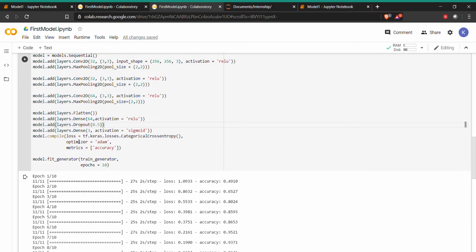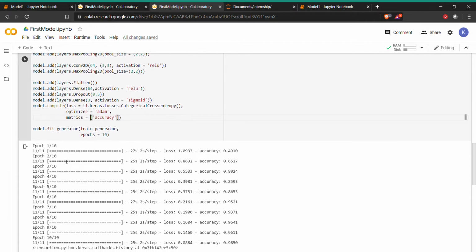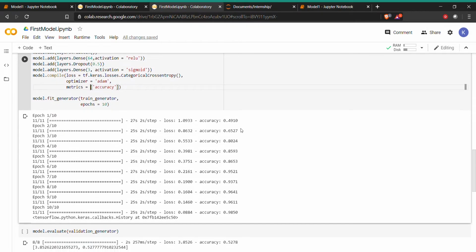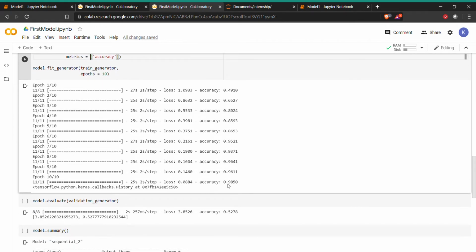The loss function I'm using is categorical cross-entropy, the regular loss for categories, the optimizer is Adam, and the metric will be accuracy. I'm using 10 epochs, and the accuracy I'm getting on the training data is around 98%.